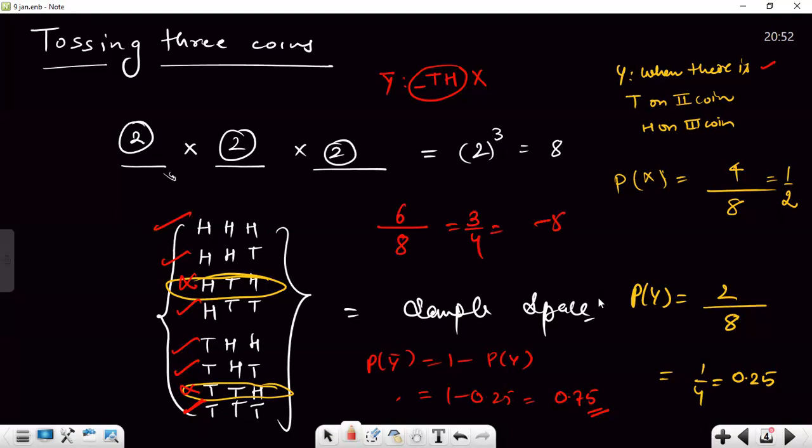Okay, 6 by 8, 3 by 4 after getting divided by 2, that becomes 0.75. And that is the probability which we earlier got with the same formula. Is the formula clear to everyone? Is the working clear to everyone? Yes, sir. Okay,